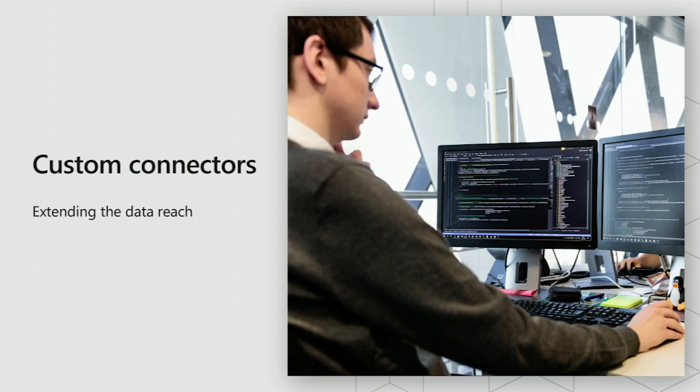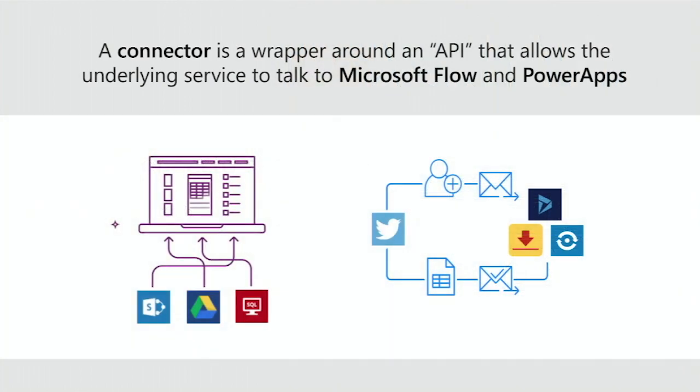So, first thing for custom connectors. What is a connector? A connector is a wrapper around an API. The main important thing in this slide is that you need to have an API to create your connector. The first part of this session will be about connectors for Microsoft Flow and Power Apps. And then the second part will be Power BI. The most important thing is to have an API, and then with the API you can create a connector.